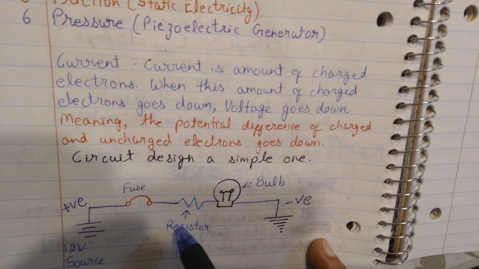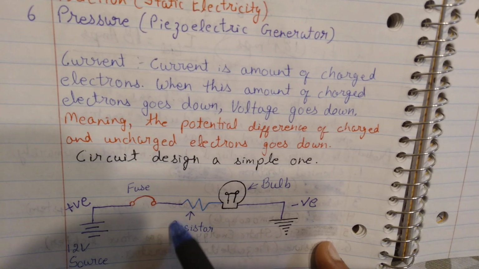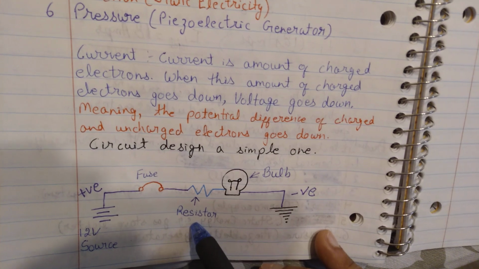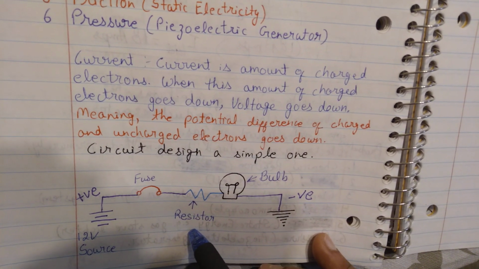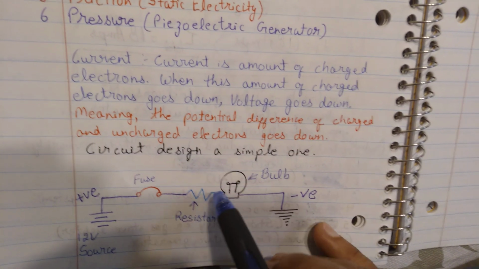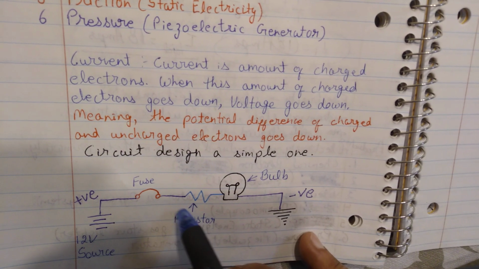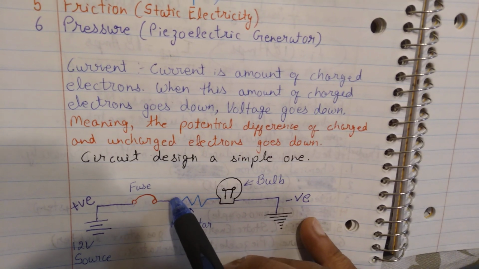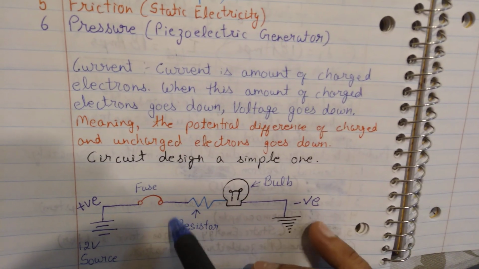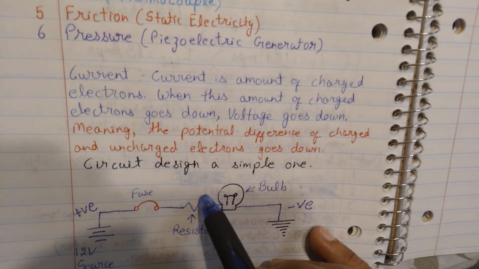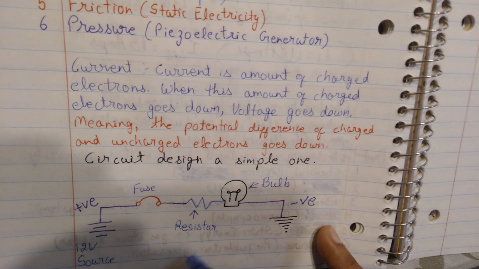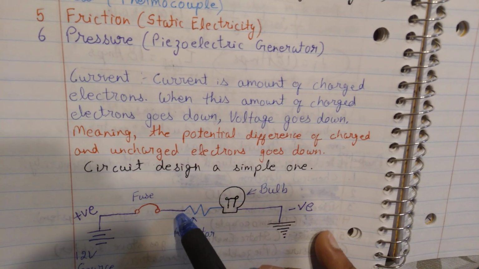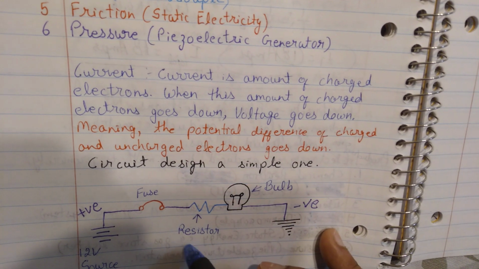So the resistor works as a speed breaker, and the resistor is also useful in designing our electrical circuits, where we have to control the flow of electrons to one branch, and to the other branch we have to increase the flow of electrons. So for example, if I attach one branch here, one branch here, and I want to keep my electrons flowing in these branches, let